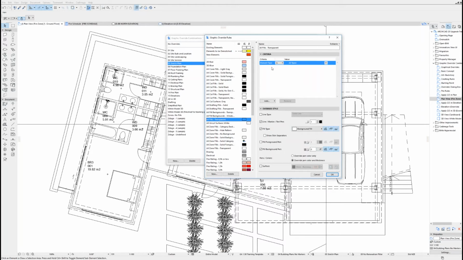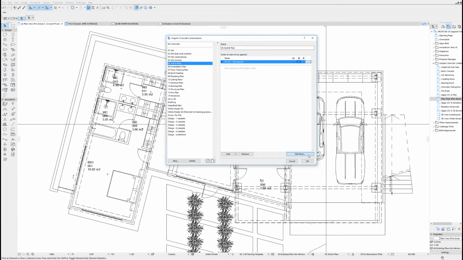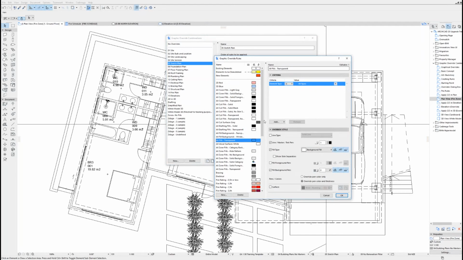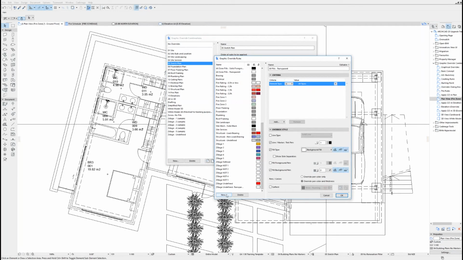Okay, that's a simple one. But what I wanted to show is that I created here a new graphic override rule, and I'm going to call that sketch